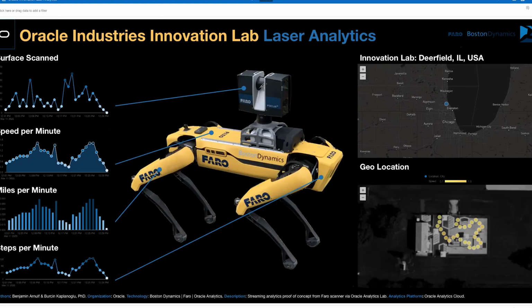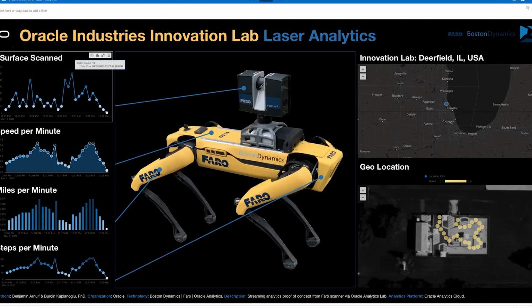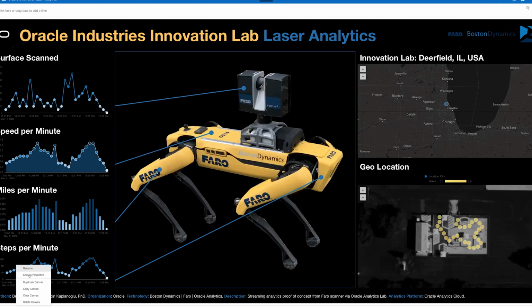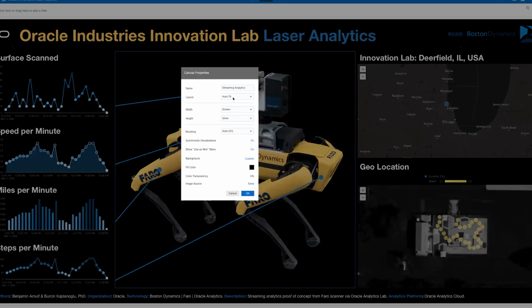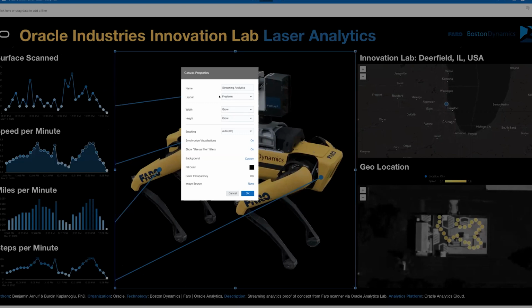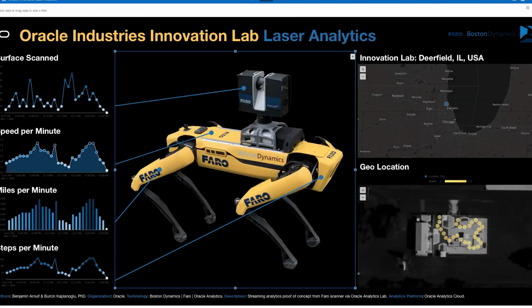I put, for example, a specific photo here, but you see that the line are not connecting to the dot. So you can go at the bottom of the screen, click, for example, on canvas properties, and automatically you can put a canvas properties to change from auto fit to freeform. And when you go to freeform, now you have almost like PowerPoint, the ability to move object everywhere you want.